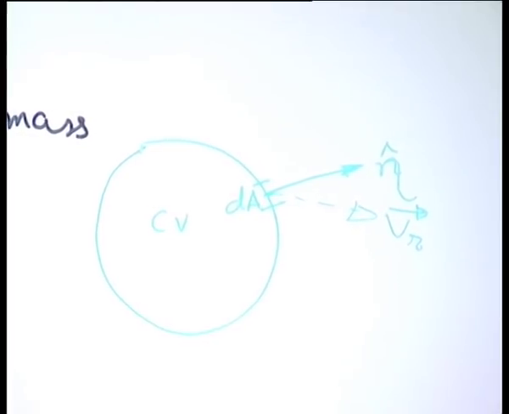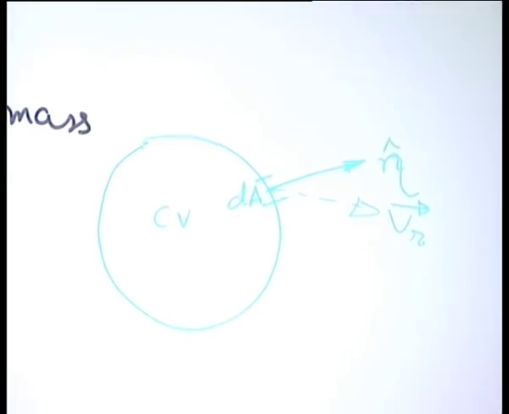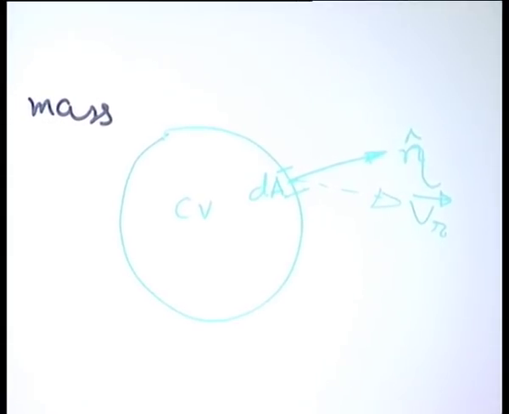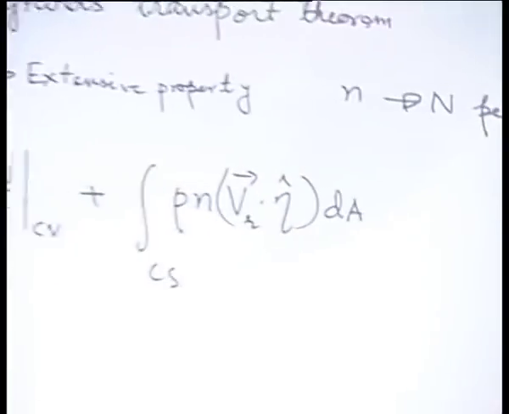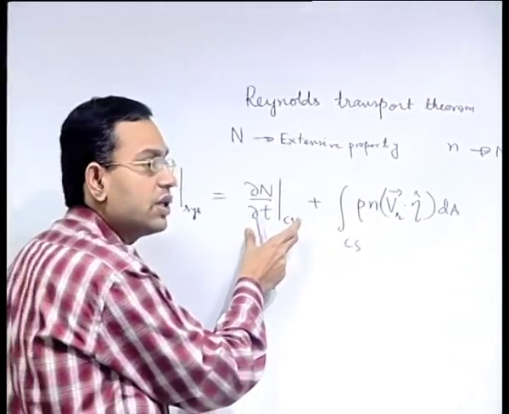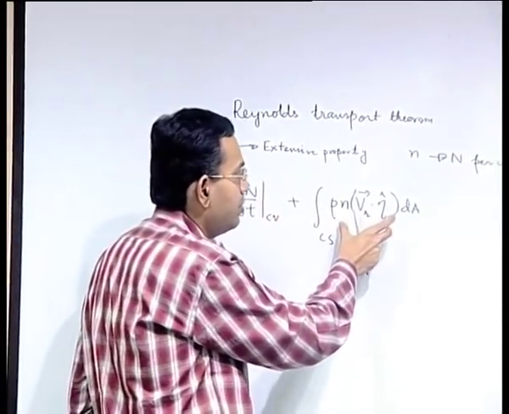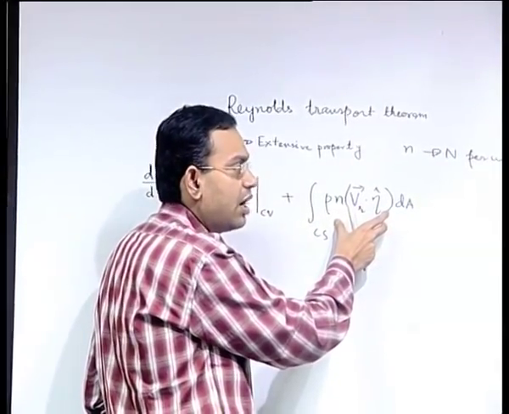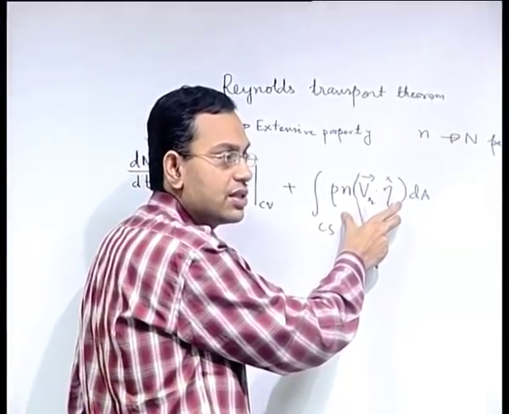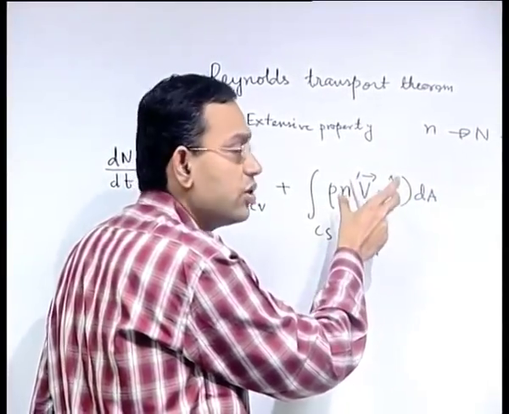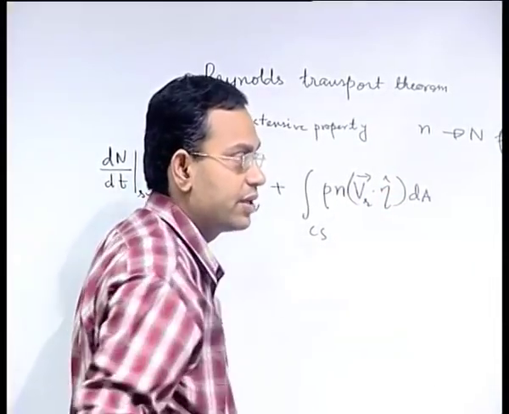So, what these terms essentially mean: this is the total rate of change with respect to a system, of something of fixed mass and identity. This is the change relative to the control volume, and they are not the same, and they are adjusted by a term which represents the balance of outflow and inflow across a system boundary, or across a control surface, to be more specific.